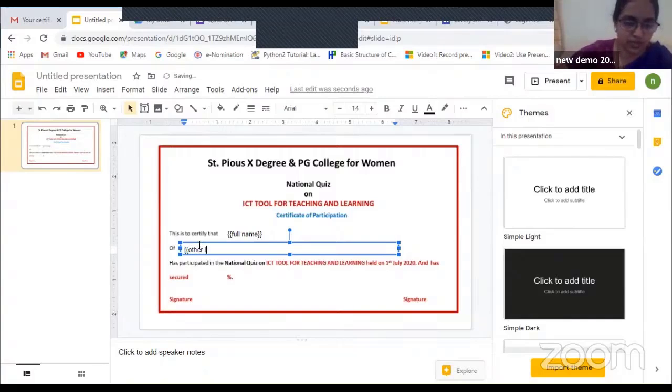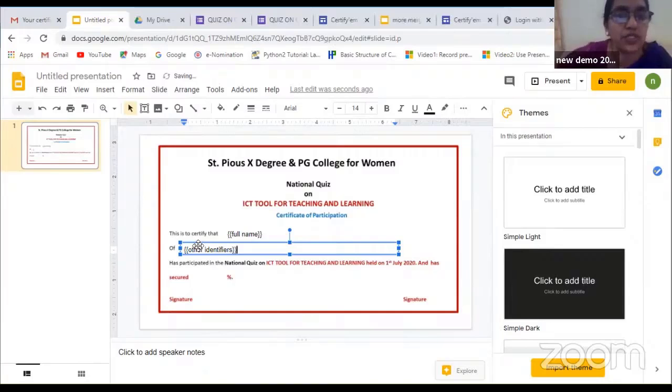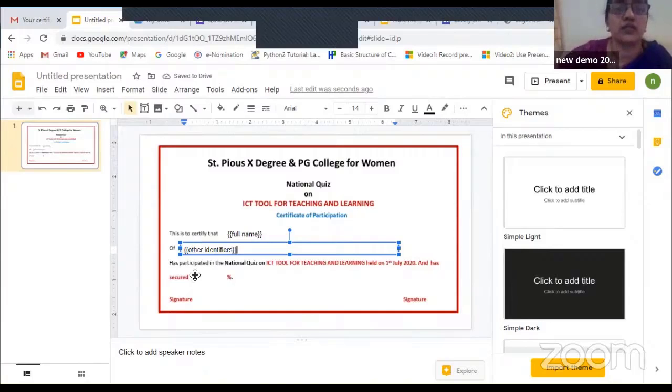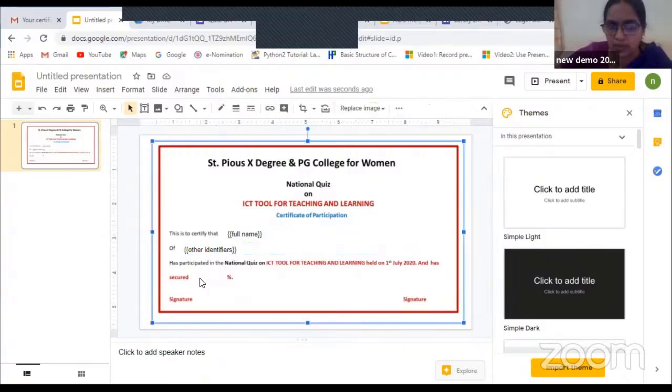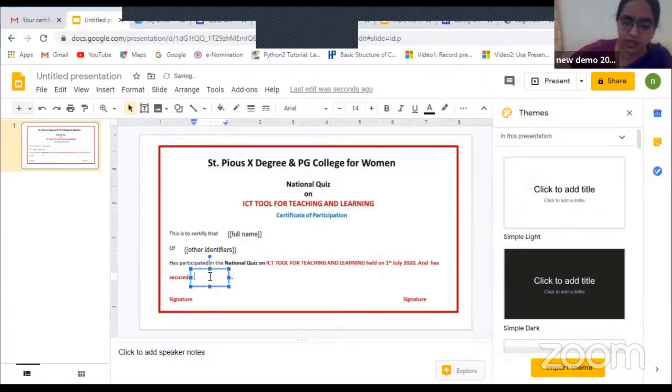Other space identifiers. So it should match exactly all the characters in that merge tag, right? Okay. And here you have to insert the merge tag. Suppose I want to display the percentage, then I can put another merge tag here, insert the box, and then put the percent. Okay,